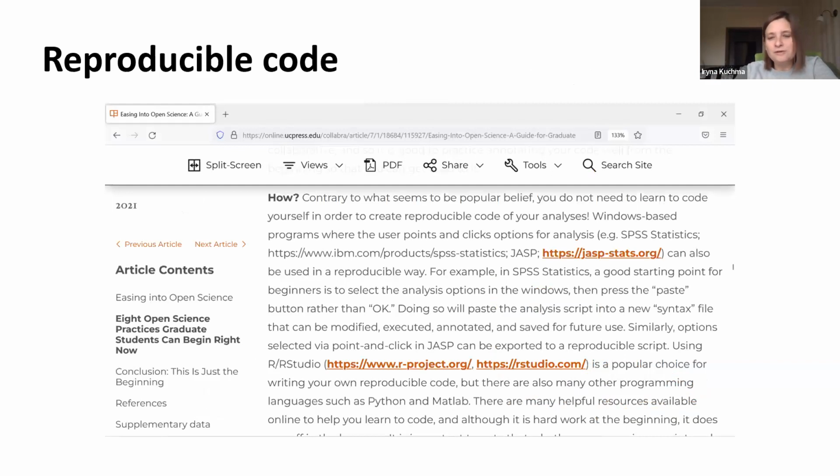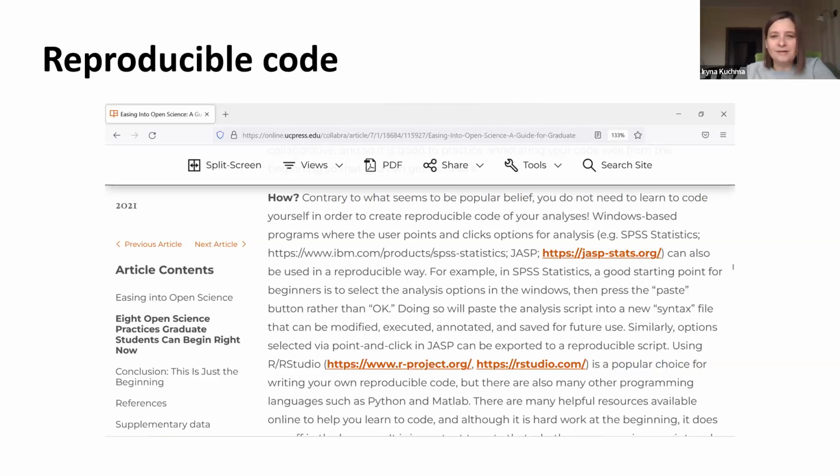And what I usually mention is that there is this fear that you have to be a programmer, a software developer to practice reproducible code, but it's not actually, because there are a lot of applications available now where you can even use Windows-based programs like